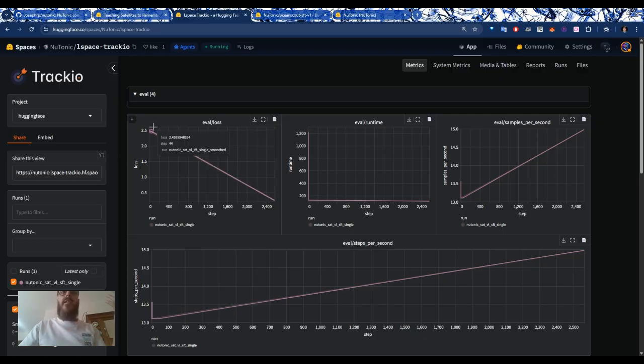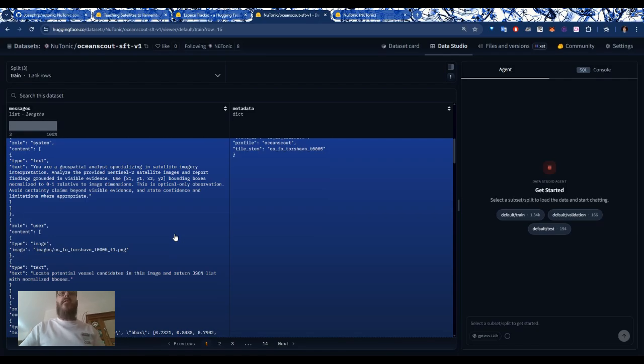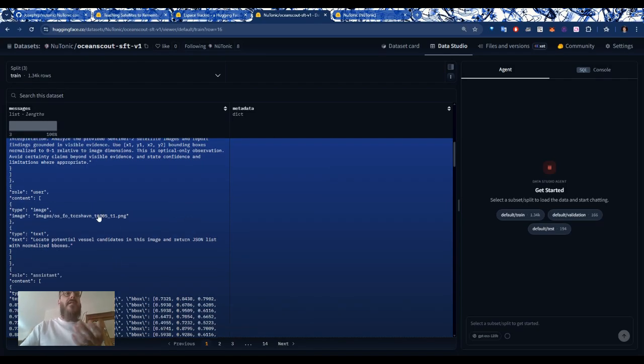So this was our training run, and so we made all this data, and we made this training run, and we see the eval loss going down, and that's great. So in our data set, we have the train set, we have the val set, and we have the test set. So this is all from my data. And where does my data even come from? So let's check out an example of it. So this is what an example of it looks like. You have the system prompt, you have the user input that inputs one image, and then you have outputs here.